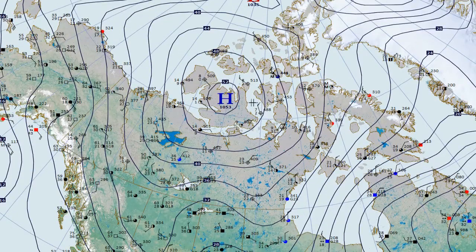Temperatures are in the single digits pretty much all over the high Arctic, and the coldest temperature I'm finding, I guess, is 3 degrees. 3 up there in Eureka. And is that the coldest? I'm really curious. So yeah, very cold, and even some of that cold air is going all the way into